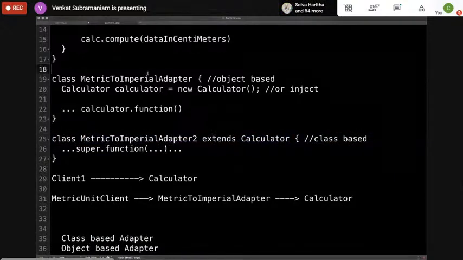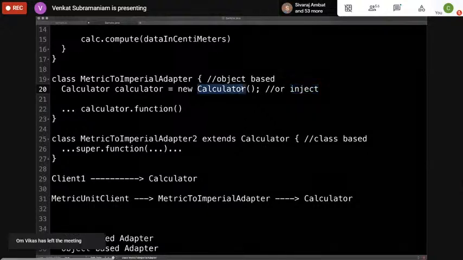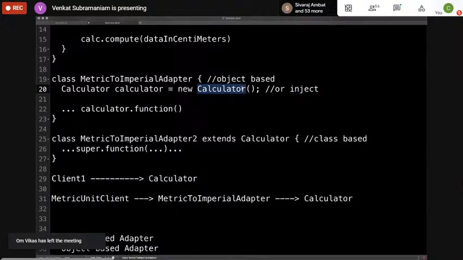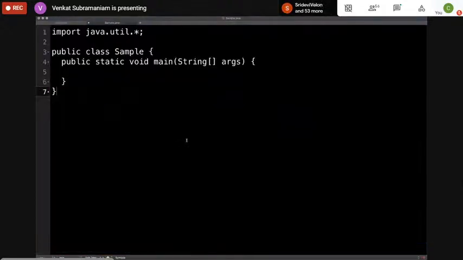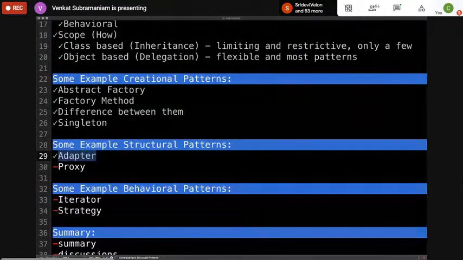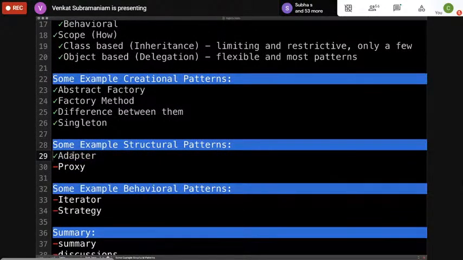An object-based adapter can adapt not only the calculator, but if you inject it into the constructor or the setter, what you inject may not be a calculator, it may be a derived class of the calculator. So as a result, this is more extensible compared to this one. So object-based adapters are more popular than class-based adapters in general. So that is something to really keep in mind in terms of how these actually can interplay and work.